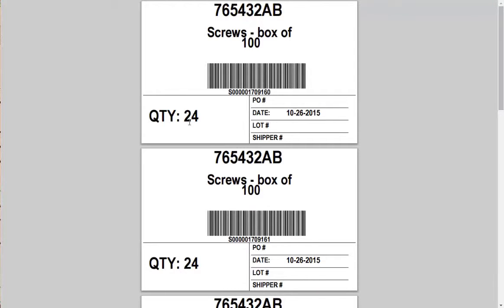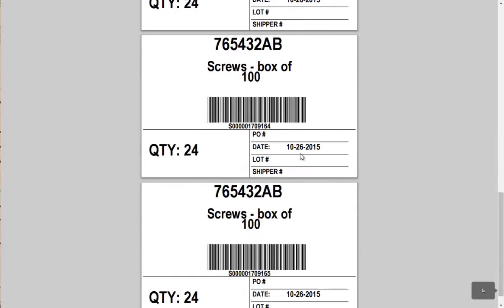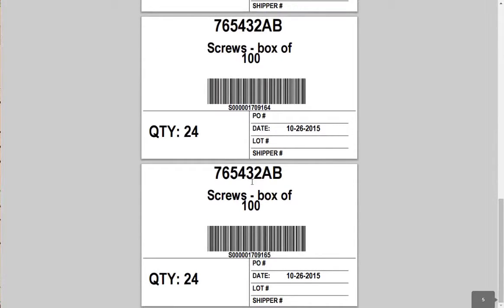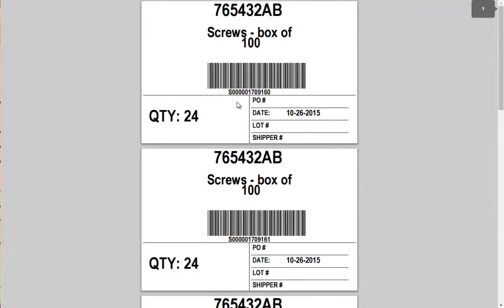And there are 24 boxes. This is the date we received it. There's other information I could put in. But here's the tag associated with the serial number for this box of 24 cases or boxes of screws of 100. And we said we were going to do 6 of them, so there's 1, 2, 3, 4, 5, 6. So those are the tags that we associate with that inventory item. Once that's done,